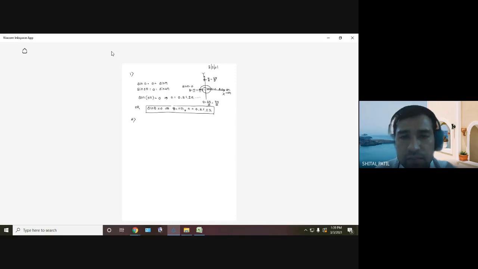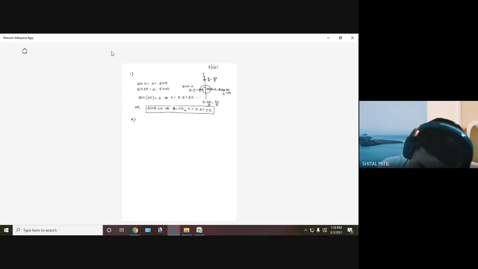So sin theta is 0 if theta is equal to n pi. Very important formula. Next, can I write the next one? Now we have to make cos equal to 0. So again, this is 0. This is pi by 2. This is pi. This is the origin. This is 3 pi by 2. 4 pi by 2. 5 pi by 2. 6 pi by 2. 7 pi by 2. 8 pi by 2. This is 9 pi by 2. Next is 10 pi by 2. 11 pi by 2. Is everyone understanding?